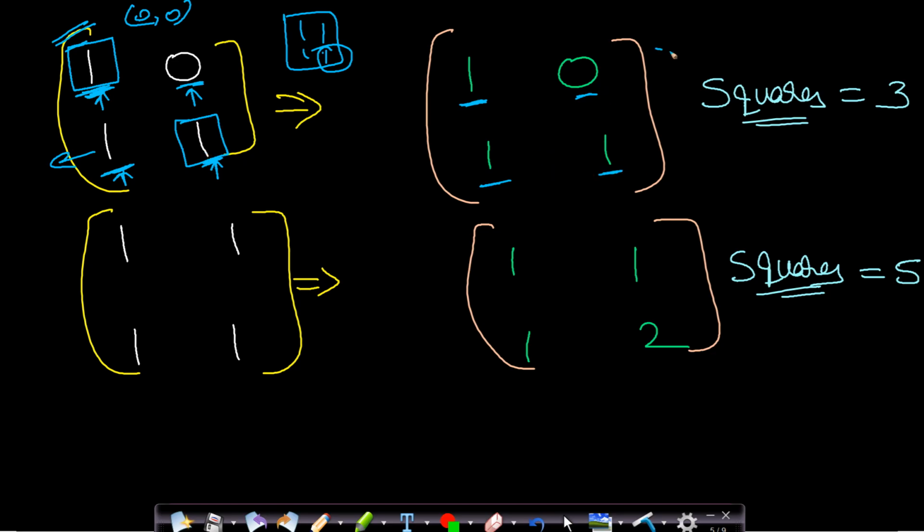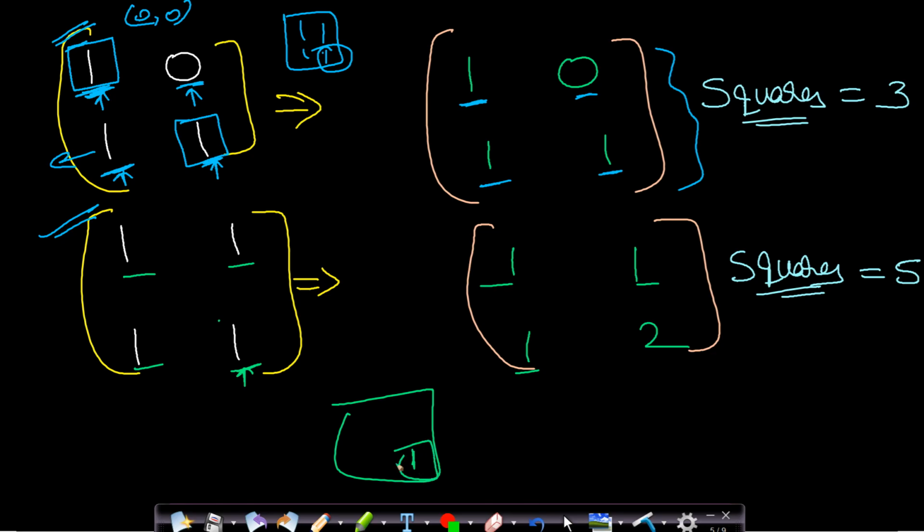Now I hope you did not understand too well. So let us look at the second example. In this example, all these 3 values will be filled as 1 as I explained earlier. But then for this value, if this is considered as an ending point of a square submatrix, then how many submatrices of this entire matrix will be contained, where this one will form the bottom right corner of those matrices? So there are 2 such matrices, the matrix itself and this matrix.